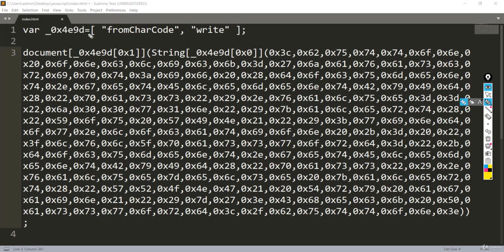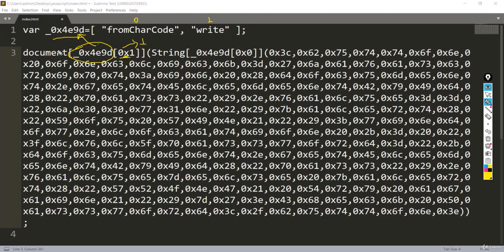We have this random variable over here, and this bunch of code is just accessing the element of this array. Basically this is the same as saying this is 1. So this object is referring to this. An array starts with 0 and then 1.